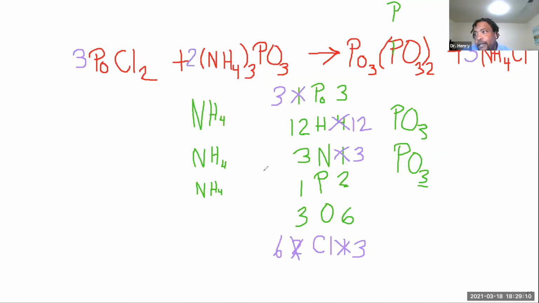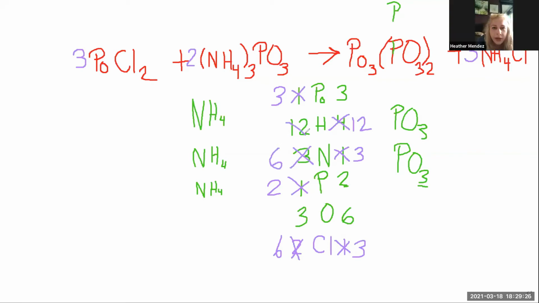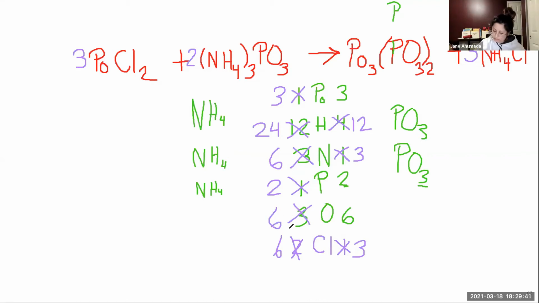Okay, so I put a 2 here. So that means now I have 2 phosphorus, right? How many nitrogens do I have now? 6. I have 6, so that changes this number. How many hydrogens do I have now? You have 24. Too many. And how many oxygens do I have? 2 times 3 is 6. Okay, so my oxygens are good, but my